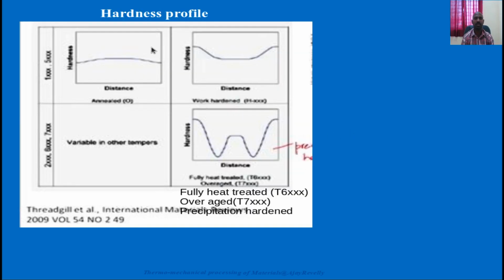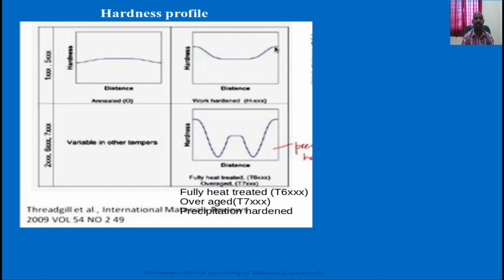And let us see the hardness profile after friction stir processing. This is the annealed, original sample, with no friction stir processing done. If you see the cross-sectional depth hardness using nano indentation in 1000 series and 5000 series aluminum alloy, this is usually observed. After work hardening in this T6 aluminum alloy, you will see the hardness is initially high along the surface, then comes down, stays constant and increases.